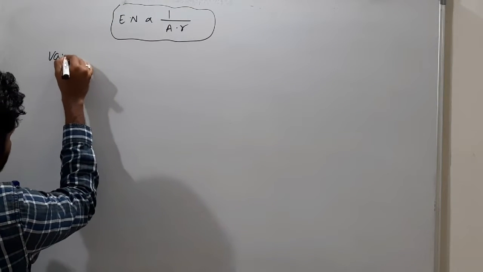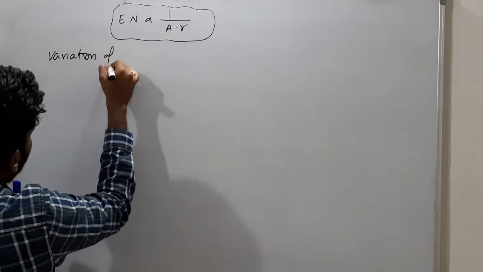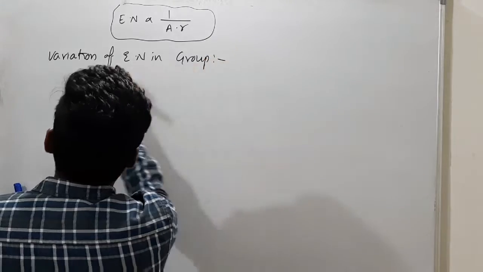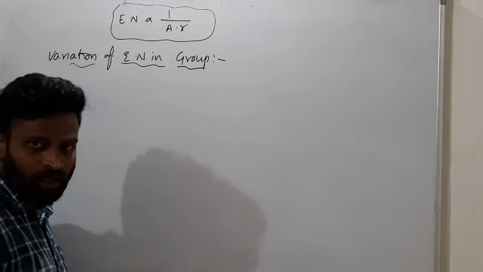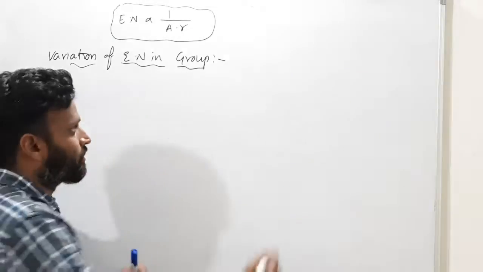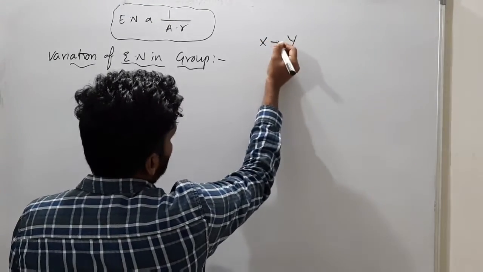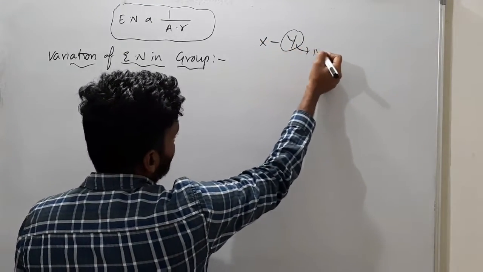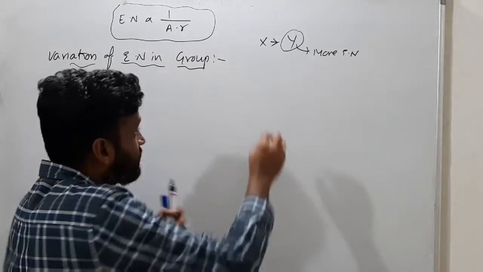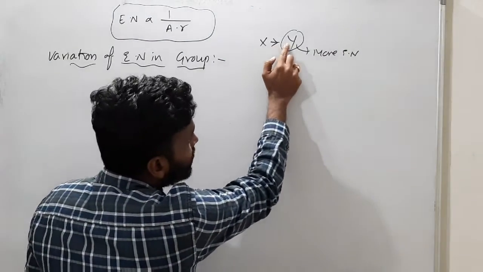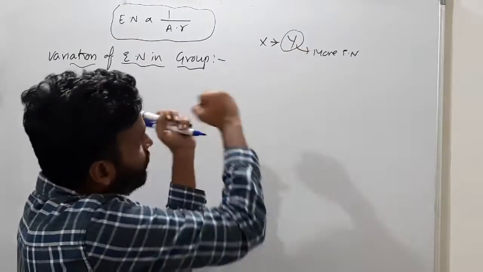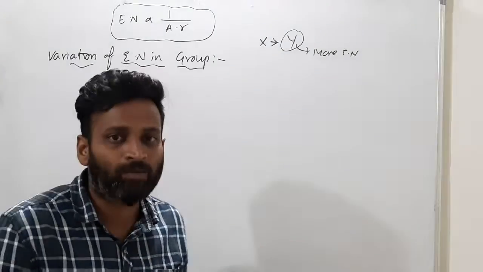So what is the variation of electronegativity in a particular group? In a group, what happens? What is electronegativity? You have an idea, no? The tendency of an atom to attract the electron pair towards it. There is an X and a Y atom. If Y is more electronegative, it will withdraw electrons, not completely, just this pair of electrons migrates towards Y, just a displacement of electrons towards Y. Because attraction of electrons is more towards Y.